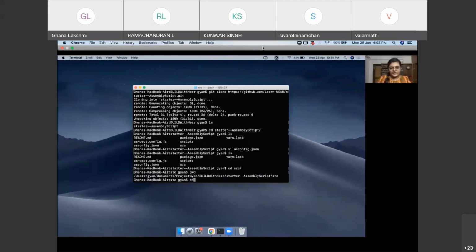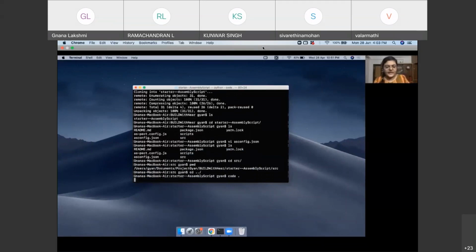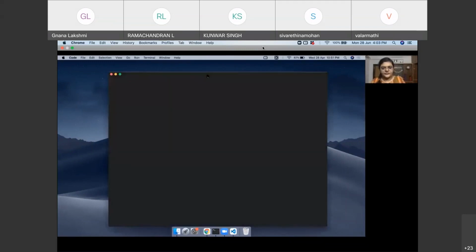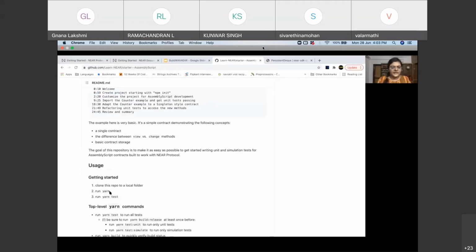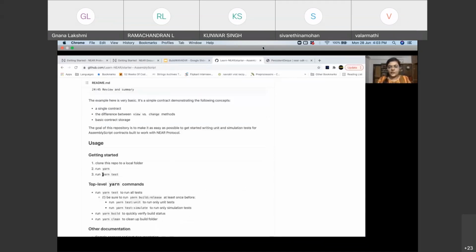Before that, I'm going to open my VS Code so it becomes easier for all of us to see the code. As mentioned in the repo here, we need to run yarn, which will install all the dependencies. And then if we want to run the tests, we can do a yarn test.